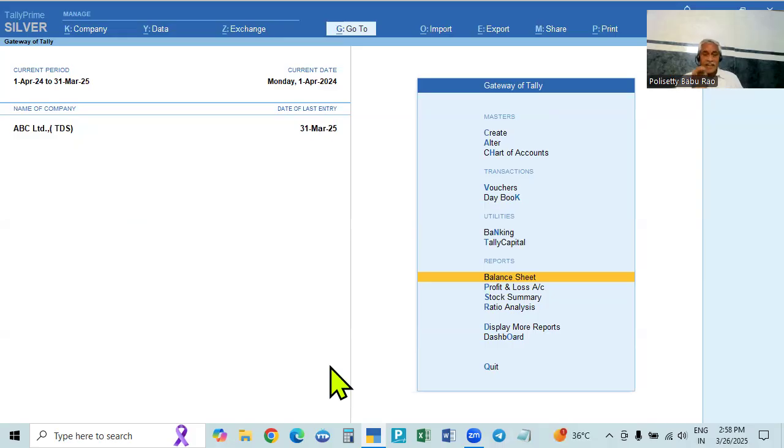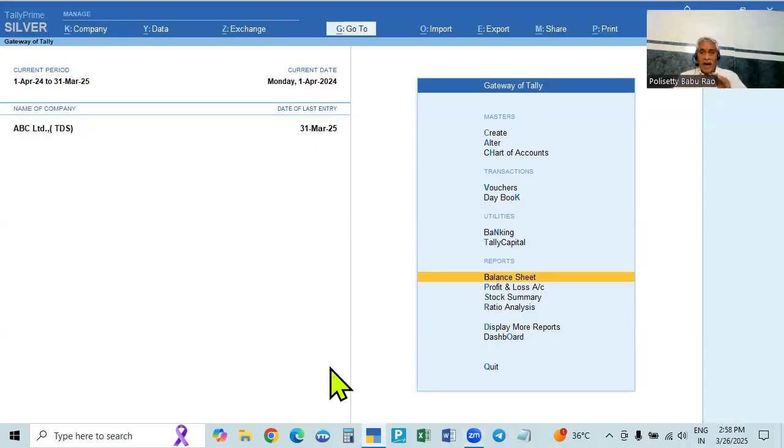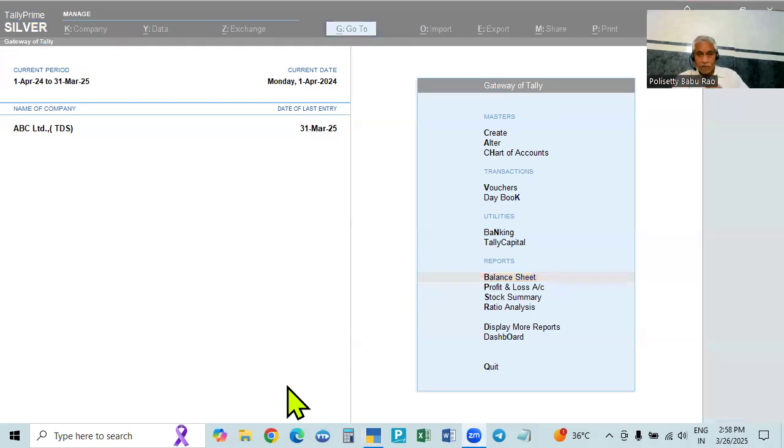This is creating a new company, exporting the masters with balances in the old company and importing the masters and balances in the newly created company with the same name. So this is the first method. Nobody will use this. There are two methods, and in the second one, which we are going to discuss here, we will simply not do anything.